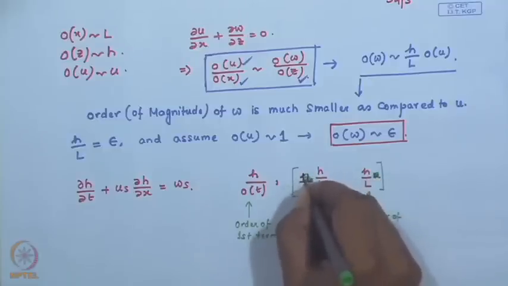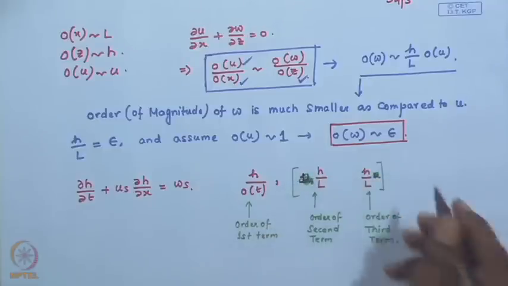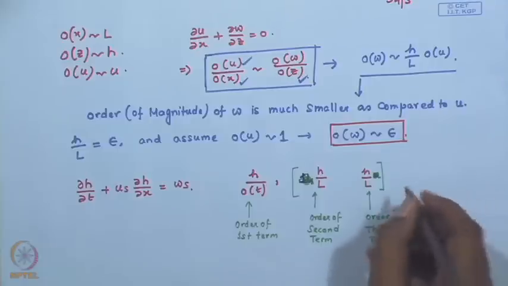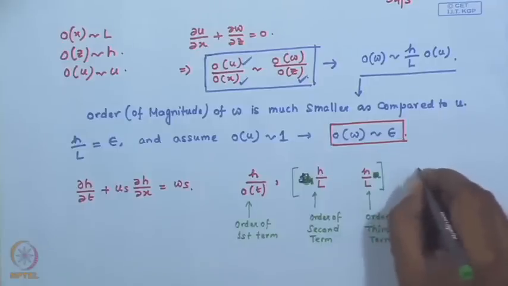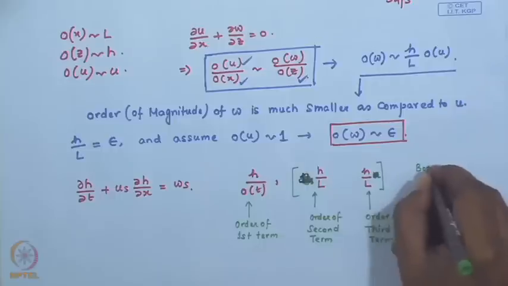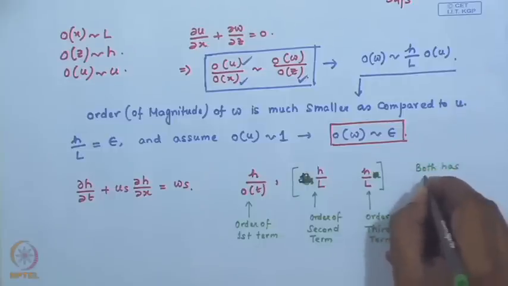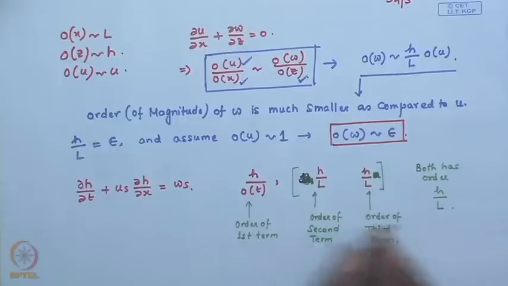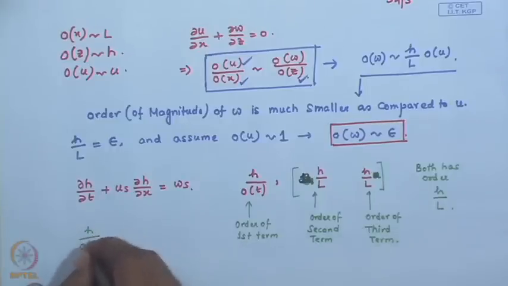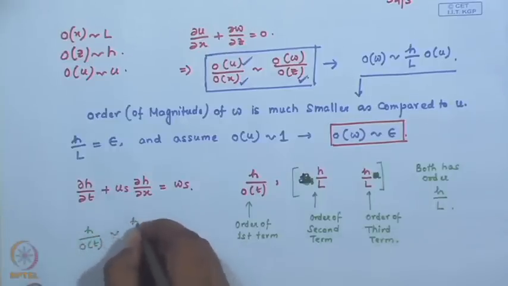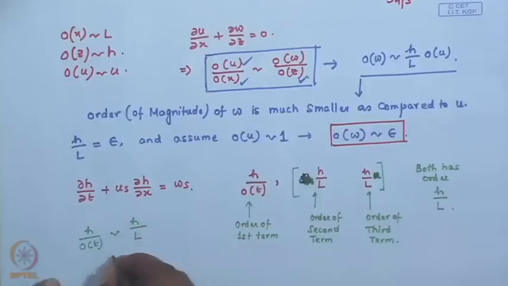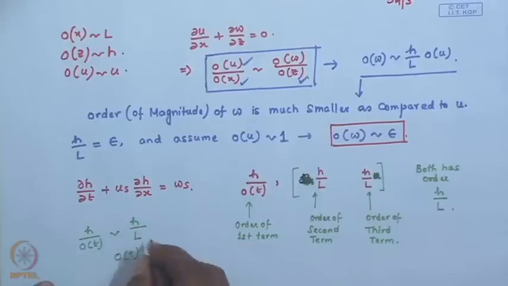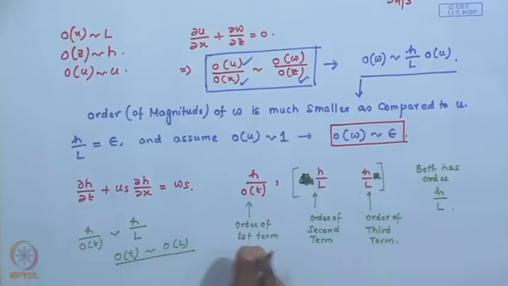So, this is h by L, this is perfectly fine. So, you can see that the second and third term both have the order of h by L, and the first term is h by order of t. So, these two now match. So, what comes out, the order of time is of the order of L. Okay, and now we know that